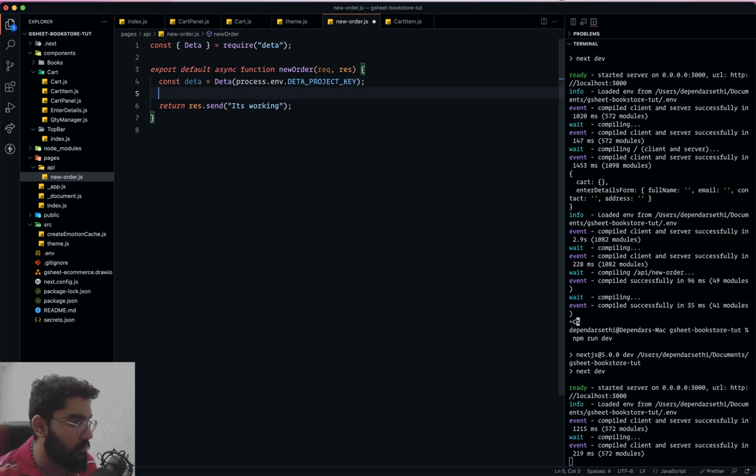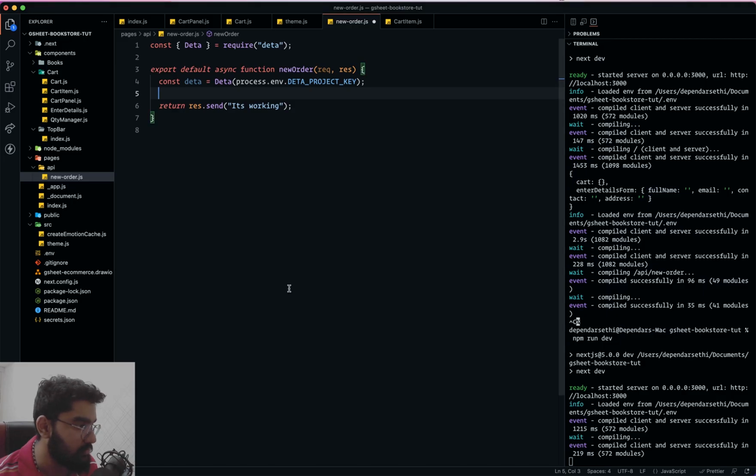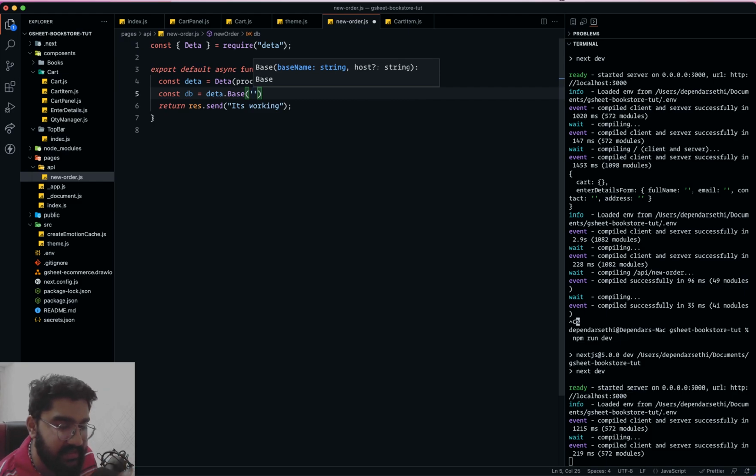All right, so now we have the data instance on which we can use the resources or the services that it provides. In this case, it's going to be the base. So over here, let's instantiate the DB, and it's going to be data.base, and let's give it a name. Because this thing will be called from the client side,